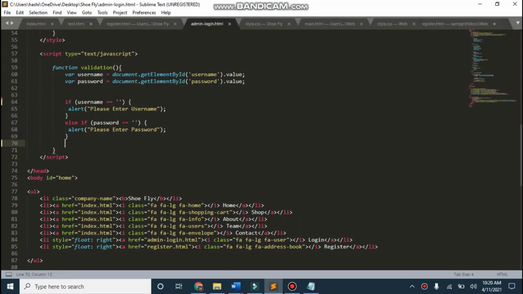We are done with both these conditions. If username is empty, then it will alert to enter a username. If password is empty, then it will alert to enter a password. But what if both username and password are empty, or username and password are entered but they are wrong, they don't match the conditions? So for this we will be using